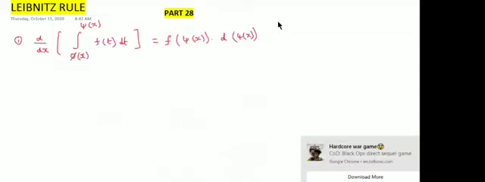Now substitute the limits. How to substitute? For f of t, the upper limit: f of psi of x into the derivative of psi of x. In place of t substitute psi of x, minus the lower limit f of phi of x